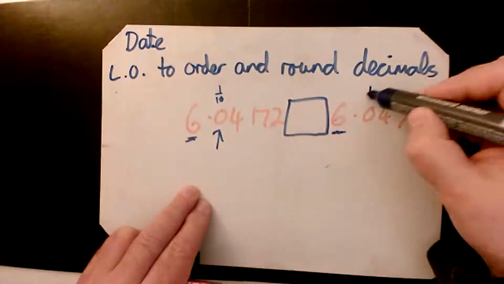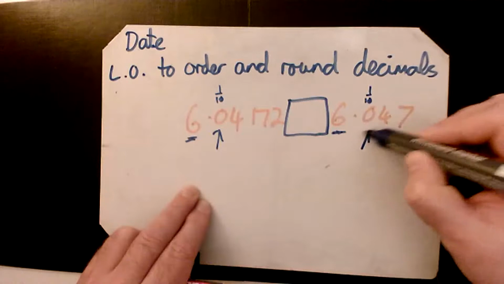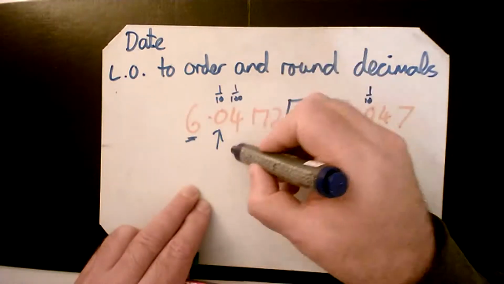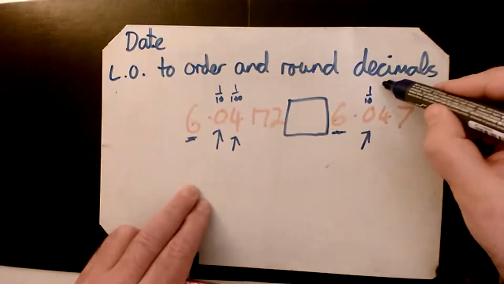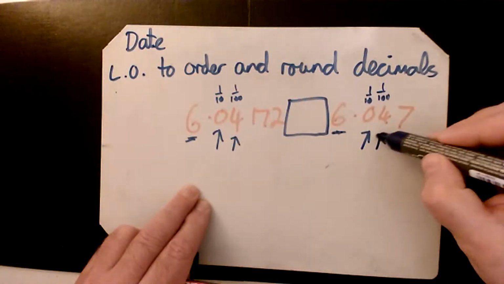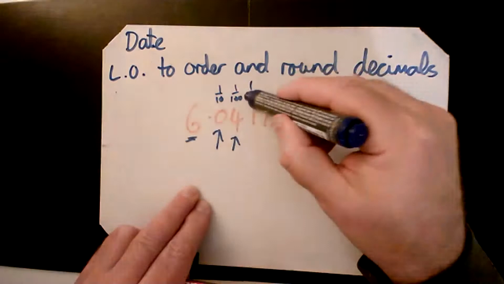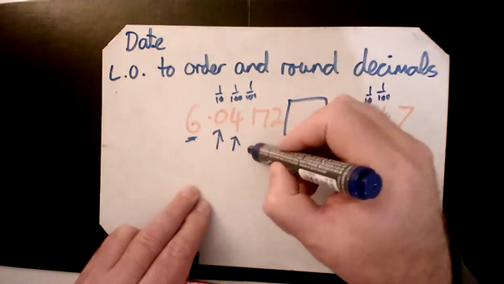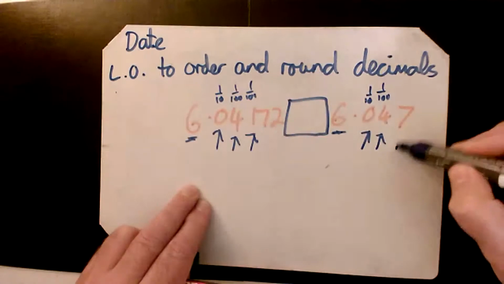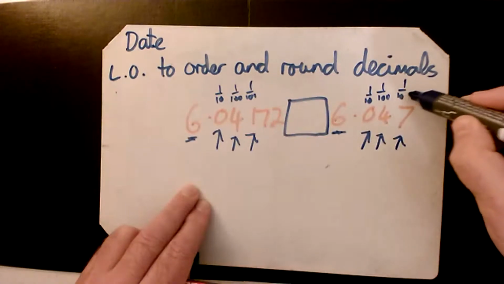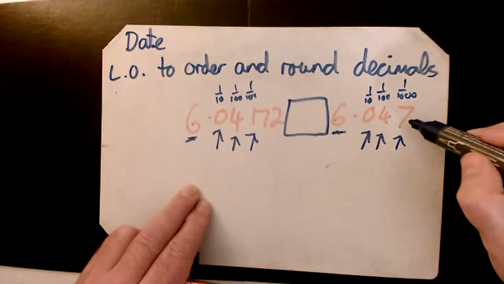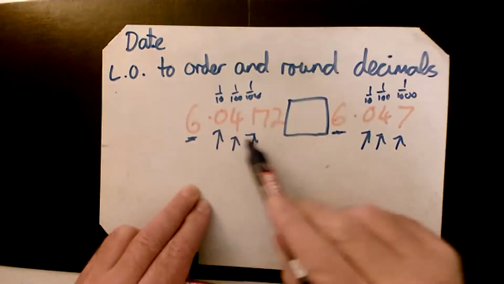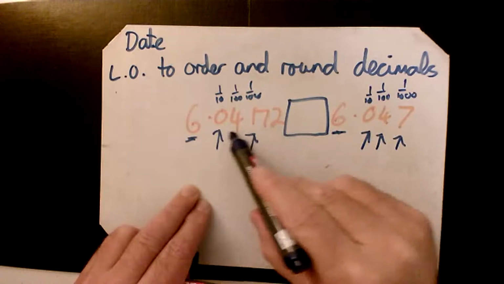Okay, and I can see here the tenths are the same as well. So the next thing I'm going to do is look at the hundredths column. These are the same. So now I move to the thousandths column. In this one, it's just a 1. In this one, it is a 7. So that makes this the bigger number. Sorry, thousandths column. Although this looks as if it could be bigger, you could be fooled because it's got more